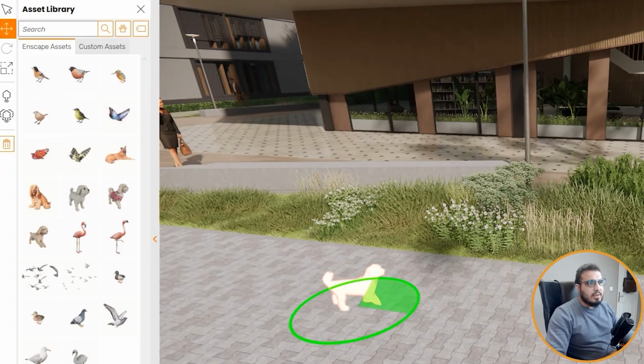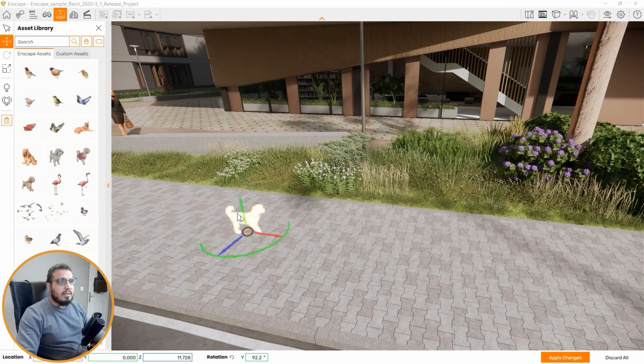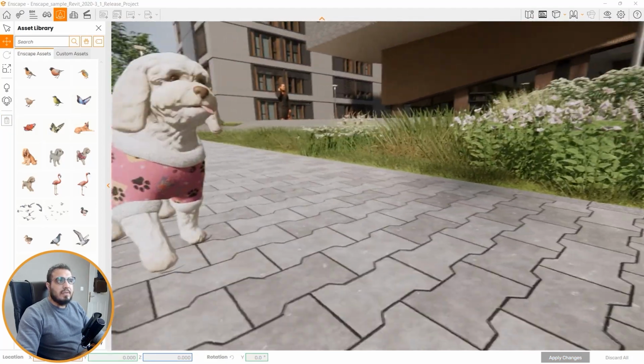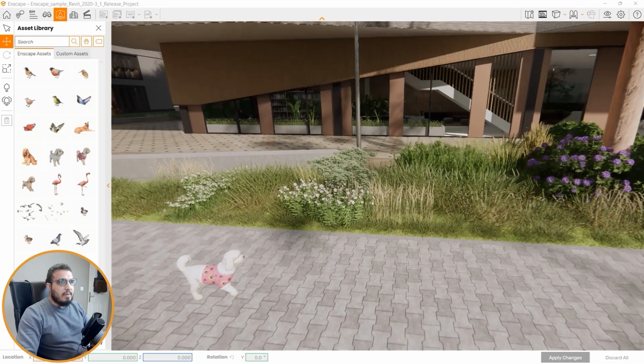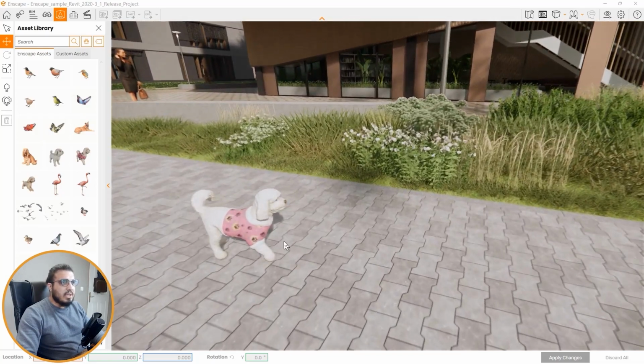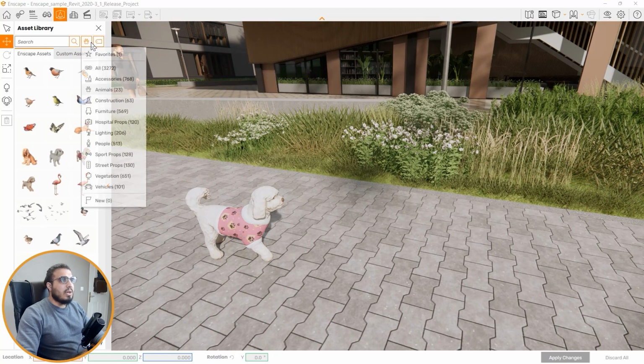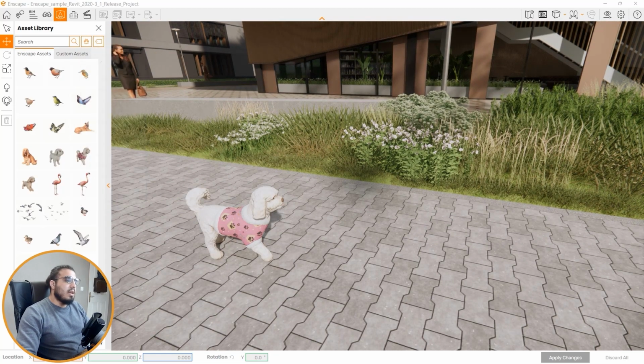Let's rotate this, something like this. And then it is a proxy. When you click on apply change, it will turn it to the realistic model. When you zoom in, you can understand the difference between Revit families and Enscape families in rendering aspect of them. You can look around these assets, and also you can create your own assets for yourself according to the 3ds